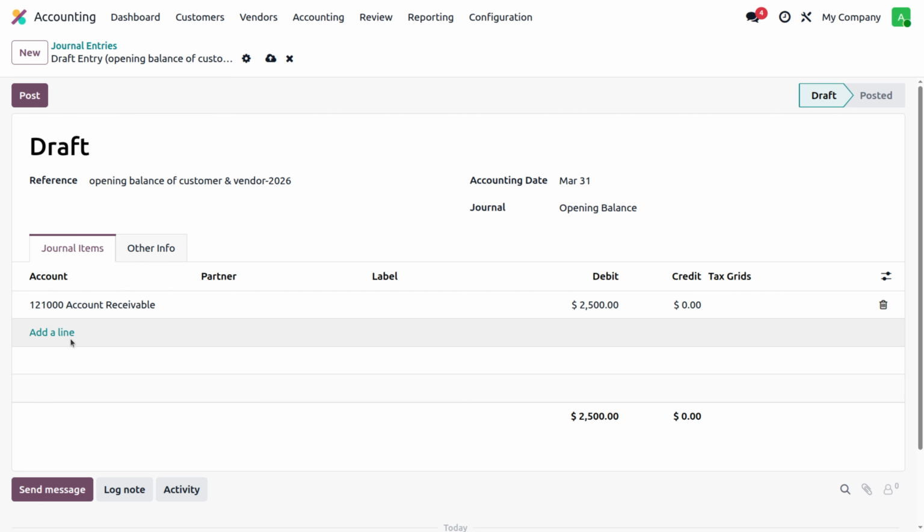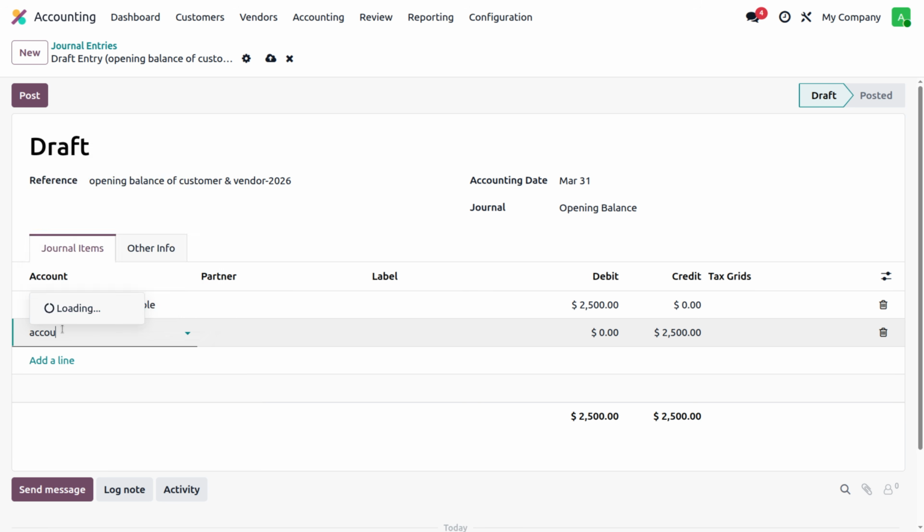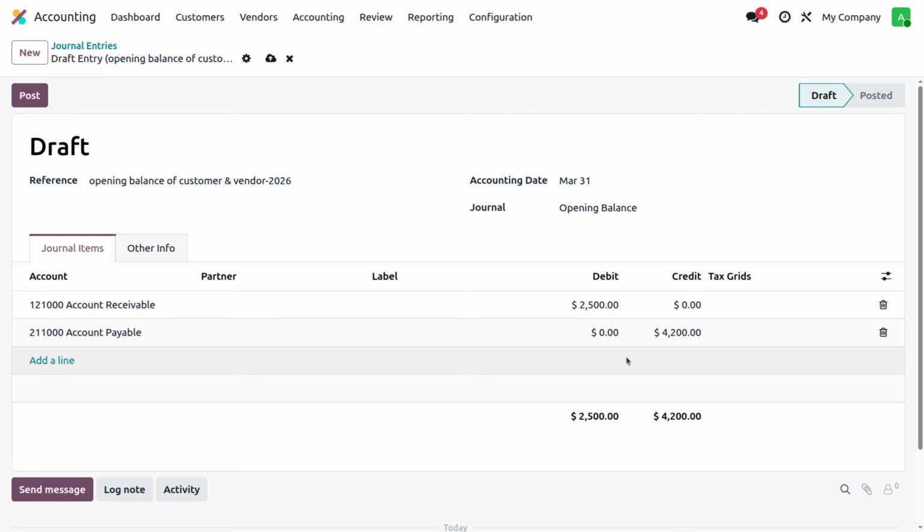And the next thing is account payable. I want to add that as well. So this is actually the vendor payables. I'm just going to add the amount, which is actually credited, like 4,200. Okay. So once we are done with that, we need to balance it, and